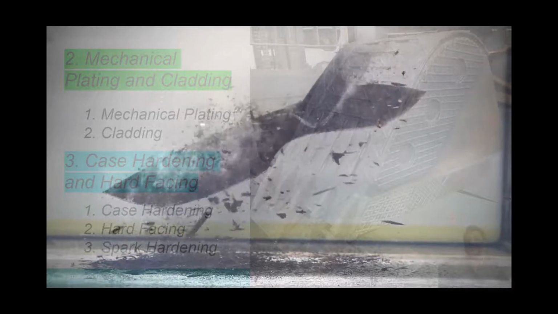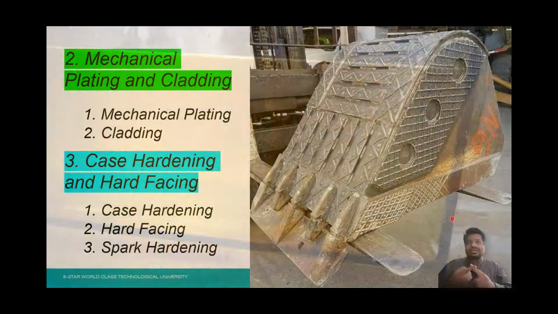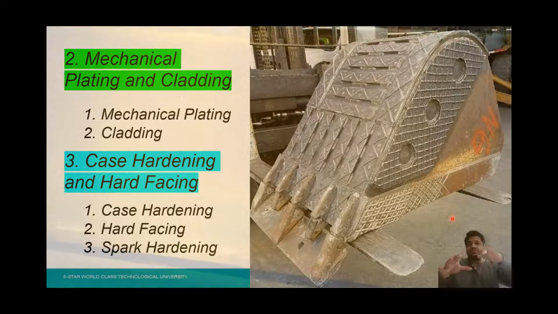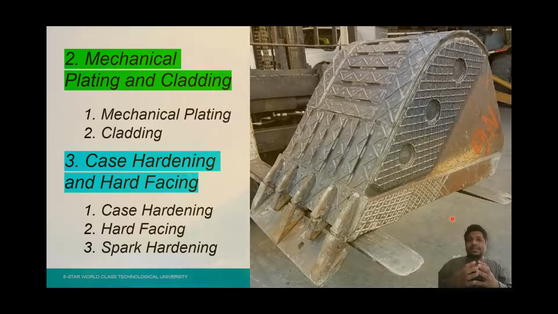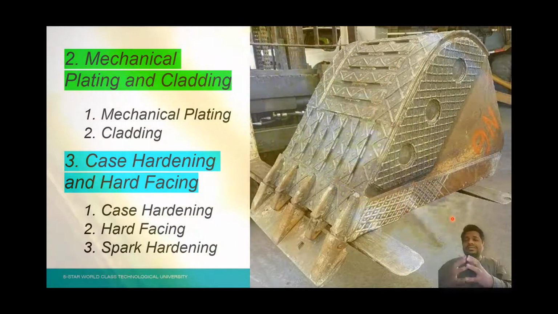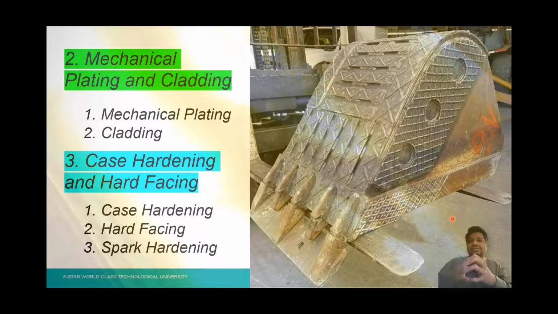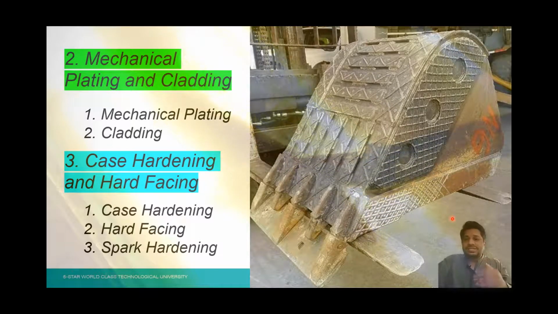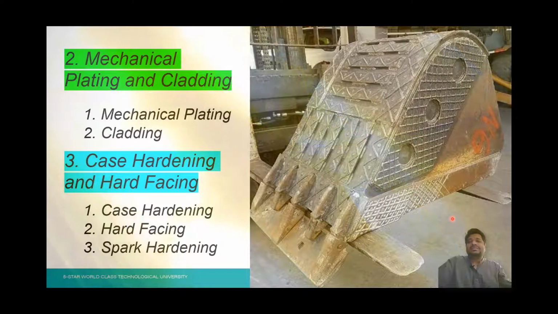Next, we've got case hardening. In case hardening, basically, it is a very conventional way. Case hardening basically comprises of carburizing, nitriding. You must have heard of flame hardening. Okay, you put flame over the surface of the metal, and that heat basically transforms the steel surface to martensite. And martensite is a microstructure which is very hard. So that formation of martensite also causes compressive residual stresses on the surface. So such stresses are desirable because they improve the fatigue life of the components by delaying the initiation of the fatigue cracks.